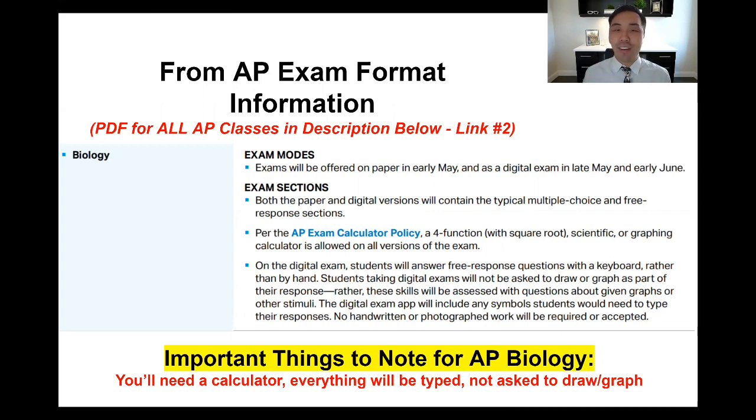The next thing is, obviously, since it's digital and it's at home, it's going to be typed. So everything will be typed out, and you will not need to write or upload or take a picture of anything else like we did last year on the 2020 exam. One thing that's really important to know as well, it tells you that you will not be asked to draw or graph anything. That being said, do I anticipate there being a graph on the AP exam? Yes. But they're most likely going to have you analyze or interpret the graph and then write down a